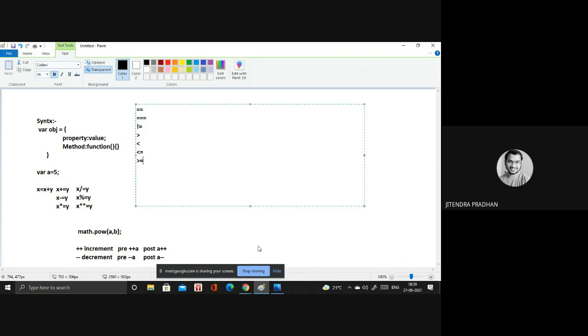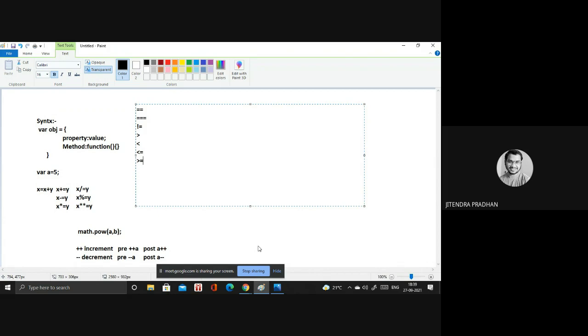Okay. So next we have greater than and less than, less than or equal to and greater than or equal to. I hope you know all these things. Greater than is greater than. If you define something A and B inside, and a particular value is not greater than, it will be false according to that. And less than is similar. What is the difference between less than or equal to and greater than or equal to?